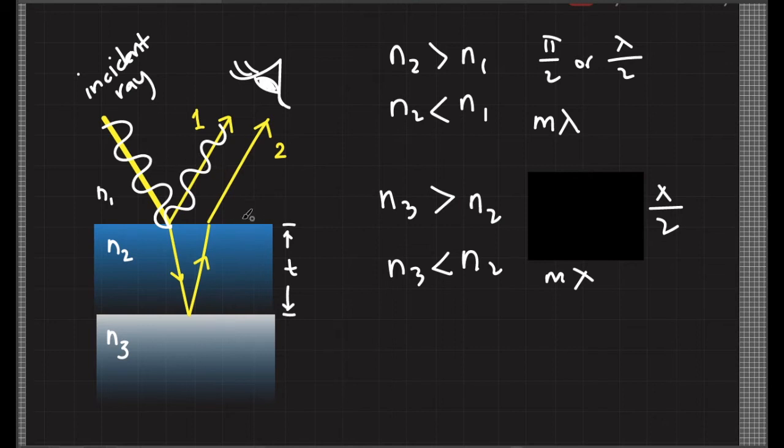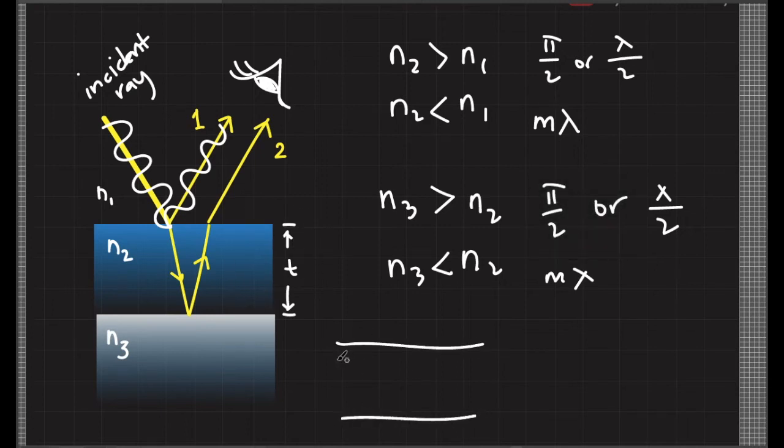So apart from that, we should also consider the distance traversed by this ray 2. Apparently, ray 2 traversed this extra distance in comparison with the first reflected light ray. If this medium here has a thickness of T, so let me write it here, so basically when light ray enters this portion, then it is reflected back. If this thickness T is greater than the wavelength of light, usually this is in the millimeter to micrometer scale, while the wavelength of light is in the micrometer scale or 100 nanometer scale,